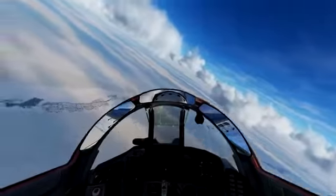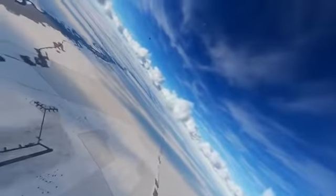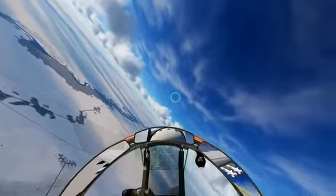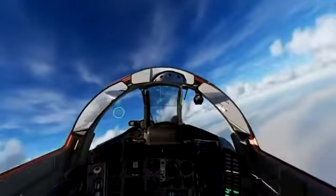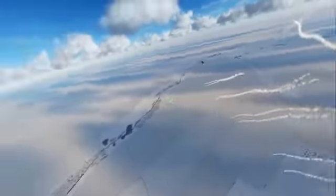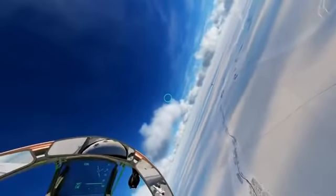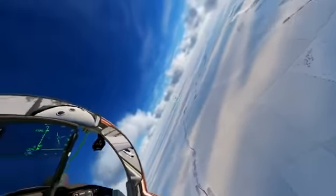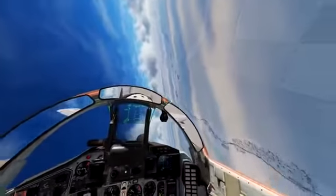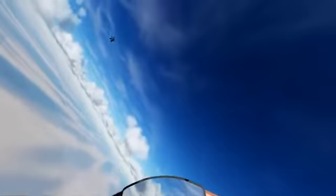Okay, so that's a bad launch. He was way too close for that. So this F-16, he keeps coming back into the one circle. Looks like he wants to do a nose position fight, which is just generally not... Almost hit him with that one. It's generally just not a great idea in an F-16. It's always going to want a rate fight. This kind of fight is very, very risky for an F-16. Now, if I don't make any critical mistakes, I should be fine, but...